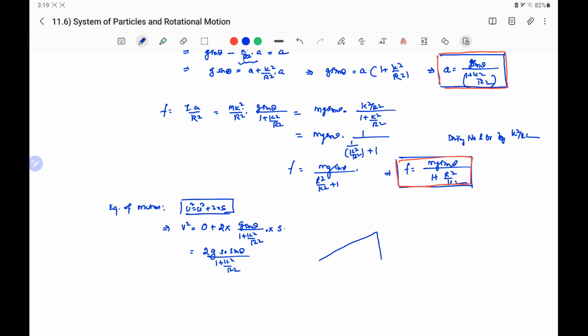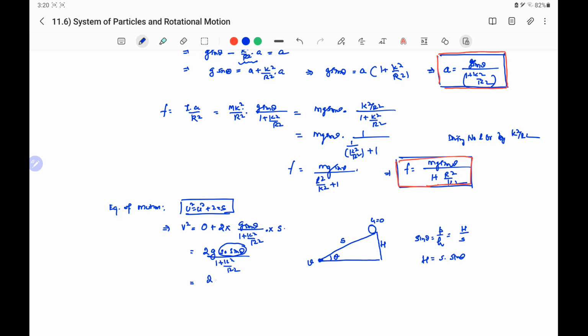Suppose this was the inclined plane, which is having the angle theta with the horizontal, and the body starts to roll from the point when speed is 0, and it covers the distance on the inclined plane and reaches the ground with the velocity v. So from this right angle triangle, we can say that sine theta is equal to perpendicular over hypotenuse, and this perpendicular is h. This is the height at which the ball was placed. So this is h by s, where hypotenuse is s. Therefore, h will be equal to s into sine theta. So we can replace this s sine theta by the height of the inclined plane.